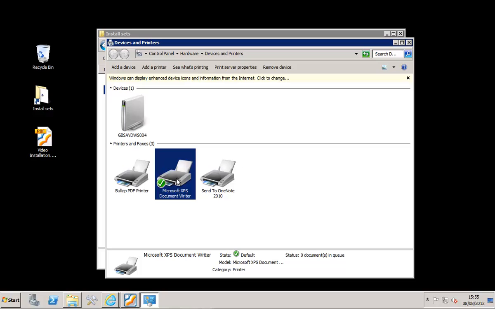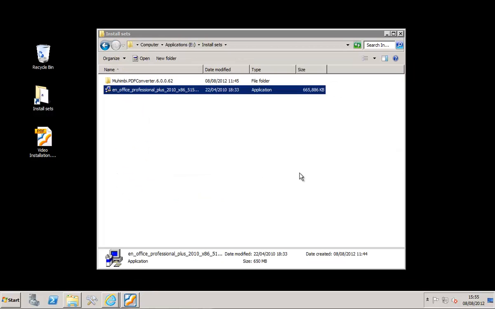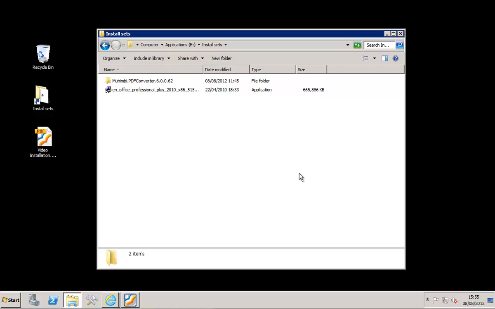We don't actually use this as part of our product, but some Office applications can behave a bit weirdly if this isn't set to the right printer. So to keep things simple, just set it to this printer. The other thing is that while logged in as the account the conversion service runs under, so the account that we specified on the installation screen, we need to launch one of the Office applications at least once. Just make sure that Office is properly activated